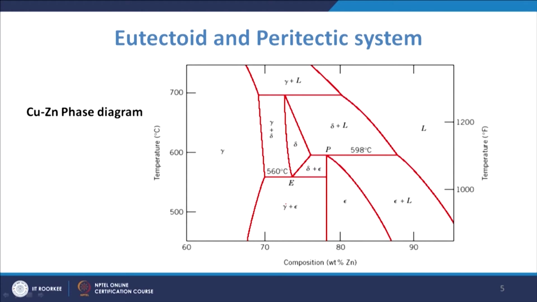So, you will have the eutectoid reaction. So, peritectic as well as eutectoid, both types of invariant reaction are there in the case of the copper-zinc phase diagram. So, when you deal with